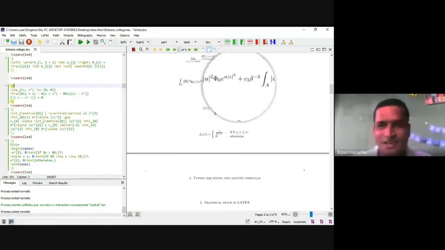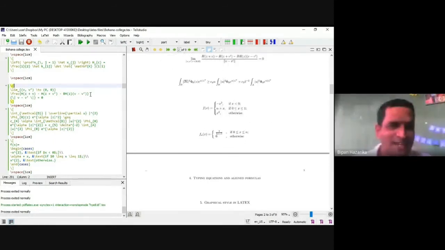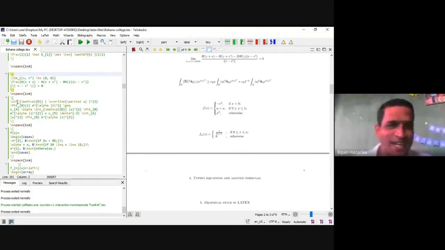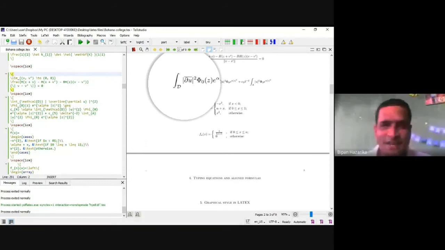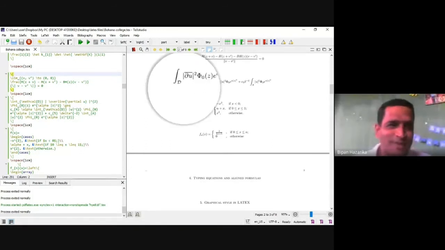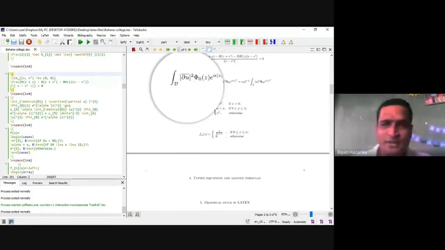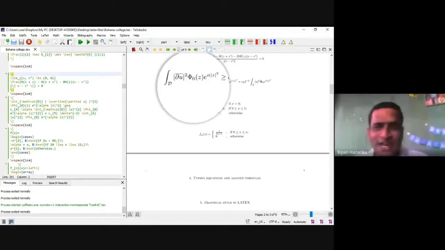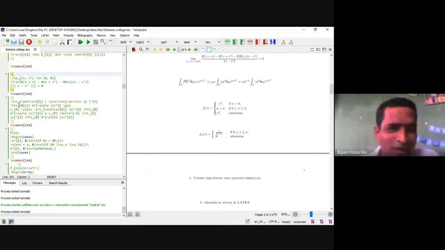Now this integral sign, how can you write it? Already I told, for integral, slash int, that means single integral. And we need the curly d, so math CLD represents the curly d here. Then modulus of: within the modulus sign we write overline partial u, within vertical line square.